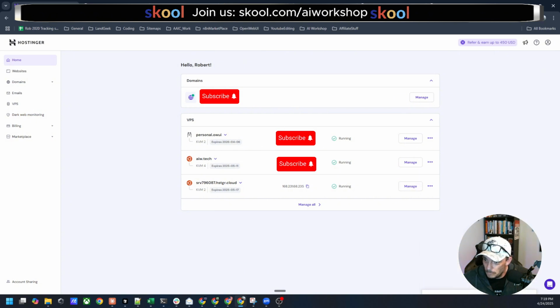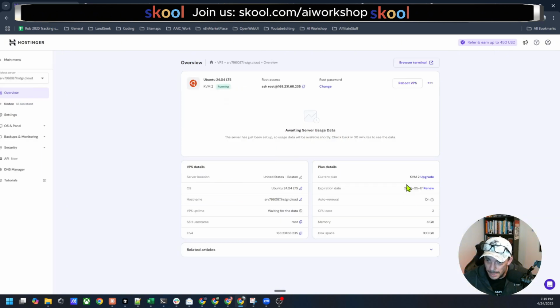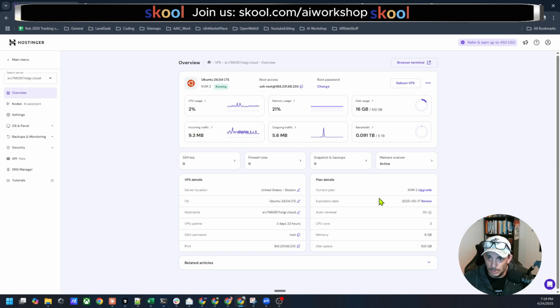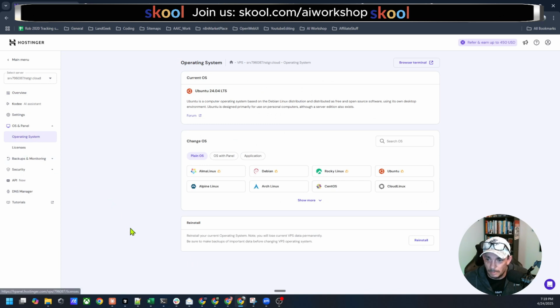Now, what you're going to do is hit manage, and that will bring you into the settings and controls of the actual VPS itself. So for the purposes of this demo, because I had some stuff loaded on here already, I'm going to start from complete scratch and show you exactly how to do this. So I am going to reset this back to the default setting